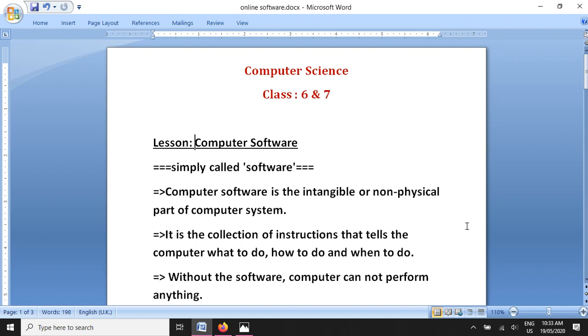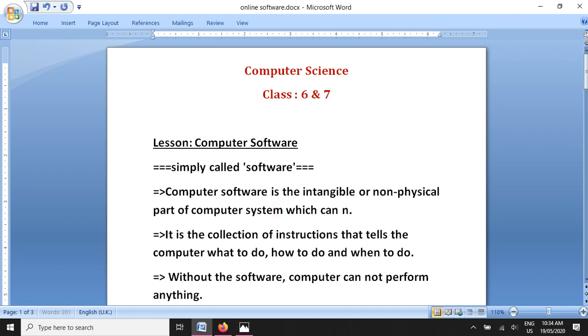Alright, so hardware was the physical parts, the tangible parts which can be easily touched, just like the keyboard, mouse, and other things. But in computer software we are going to study the internal working instructions of the computer. That means the intangible parts, the knowledge section of the computer, or the instruction section, the program section of the computer. So computer software is all the intangible, non-physical parts of the computer that you cannot touch.